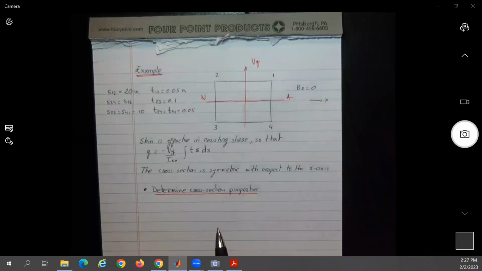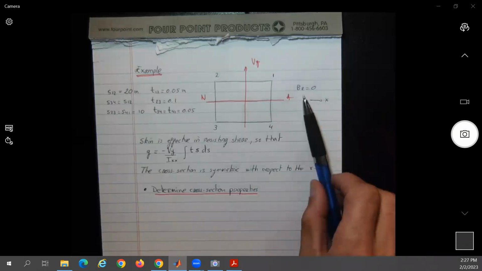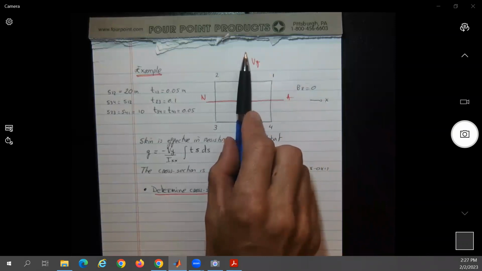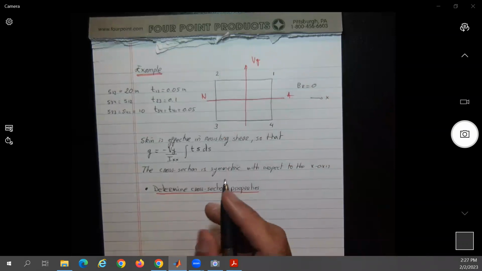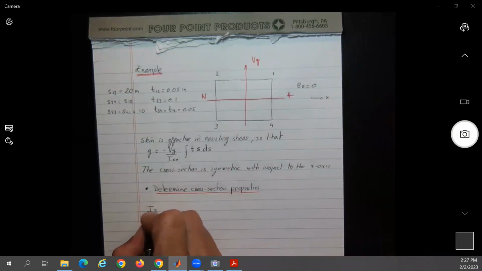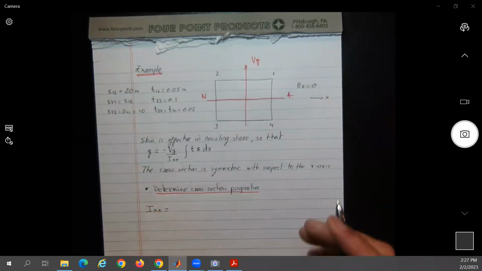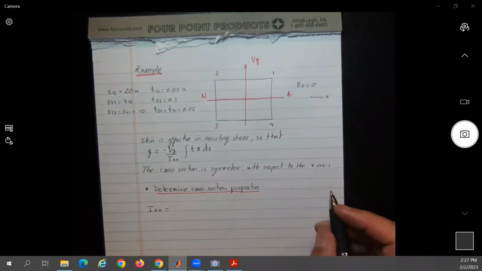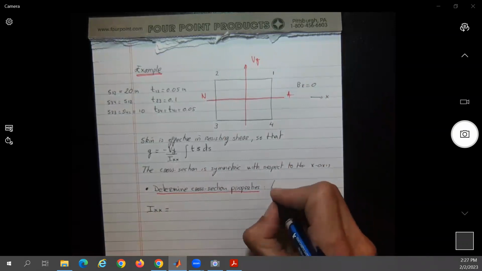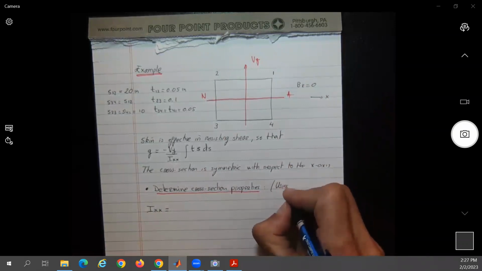Let's save some of that. So in other words, we don't need to find the Iyy. In this case, we need to find the Ixx, no? So the only thing we need to do is the Ixx. So in this case, I'm going to do the approximation. So I put over here using